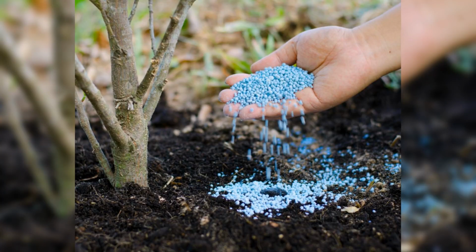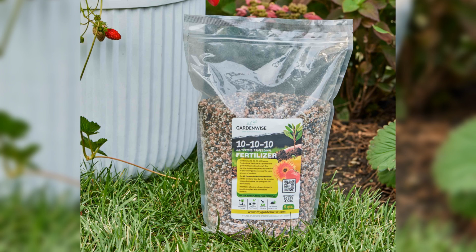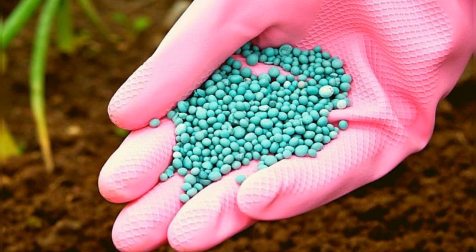Number 24. 5-10-5 fertilizer twice a year. A 5-10-5 fertilizer contains 5% nitrogen, 10% phosphorus, and 5% potassium, offering a balanced nutrient blend to support overall plant health. Applying this fertilizer twice a year, once in early spring before planting and again in the fall after harvesting,